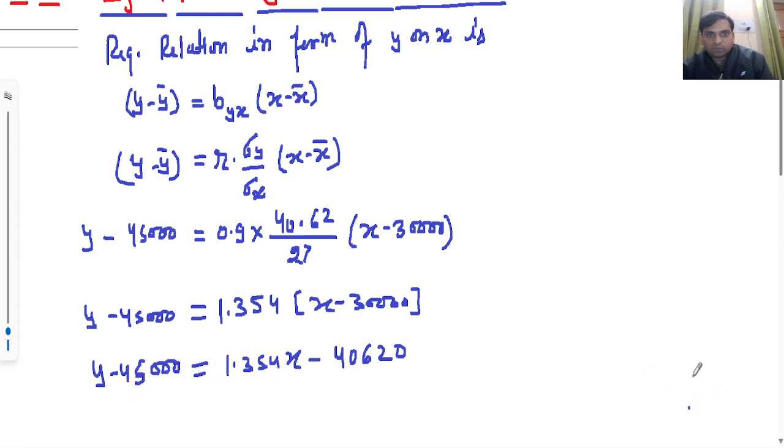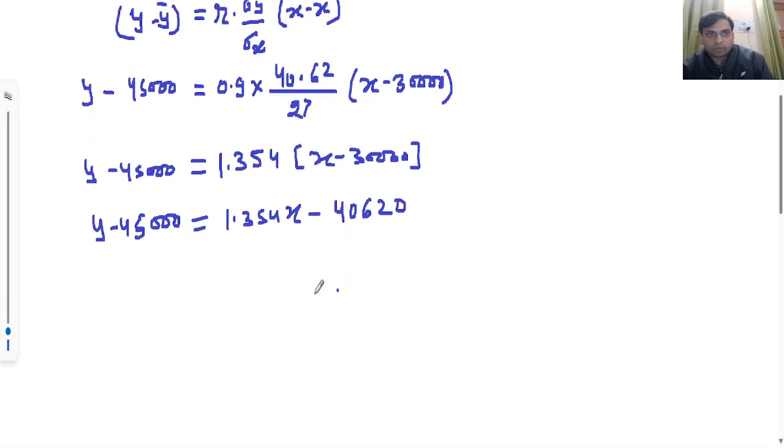So we will shift this to the other side because we need the relationship for Y on X. So this is 1.354x minus 40620 plus, because this quantity is negative, on this side it becomes 45,000. So your answer is